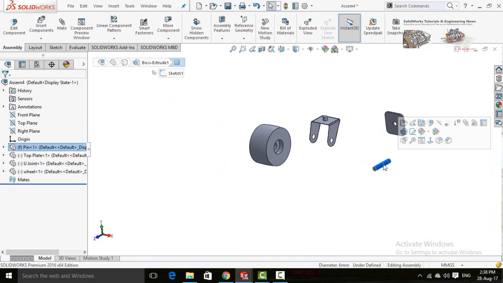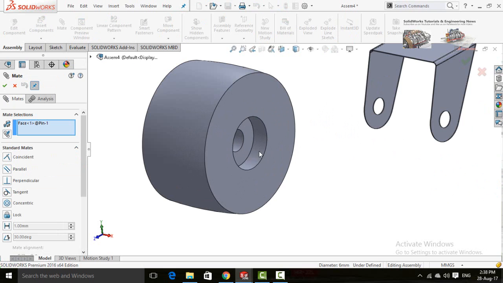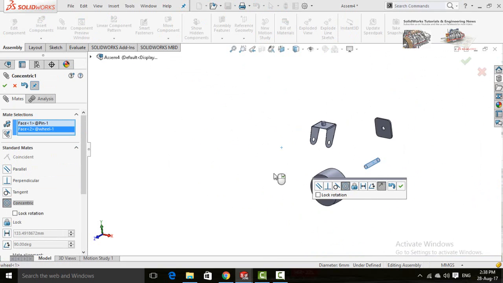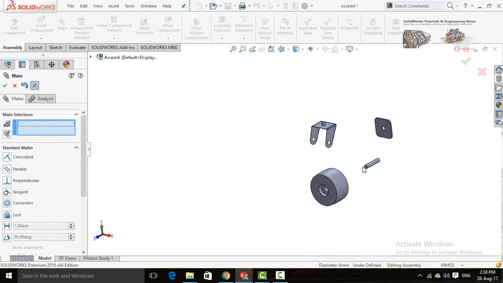So click on the cylindrical face of pin. Now select mate and then click on this cylindrical face of bore. Do not lock rotation and press OK button.